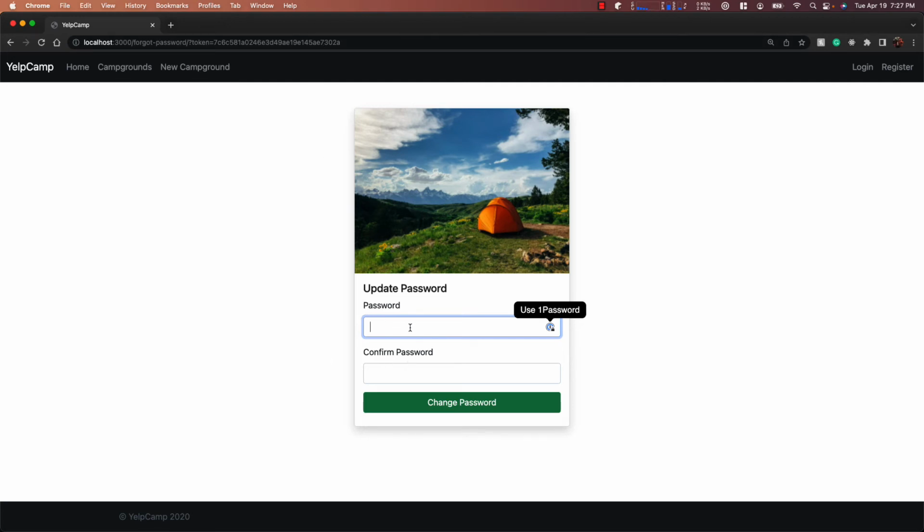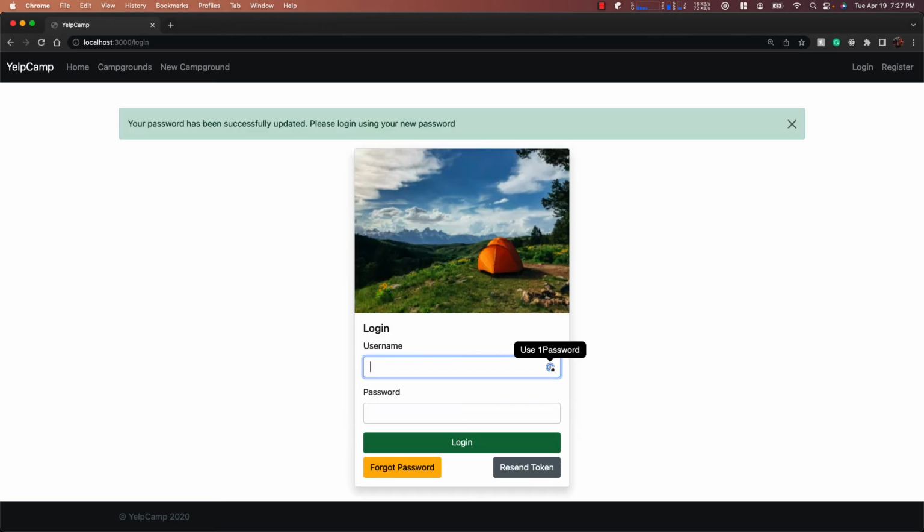So, because we're not using a user email to do this part of it, we're looking for the user by the token. That kind of adds some extra security, so that way you can't force your way through any of this. So I'm going to change my password. I'm going to hit enter. My password's been successfully updated,